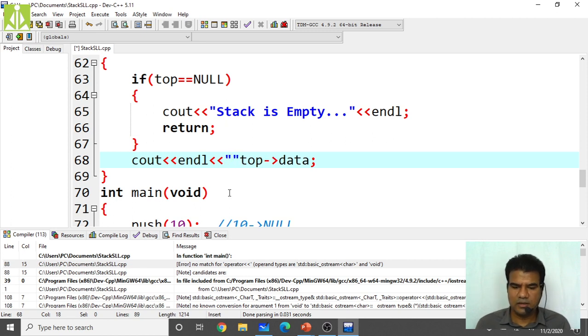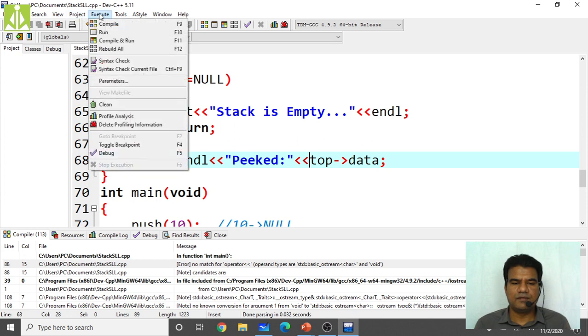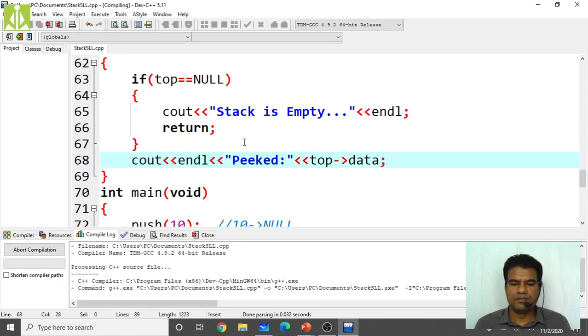Here, peeked value, like this you can, or simply peeked. And here you have to put this one. So like this you can. So now you will not get any error, hopefully.